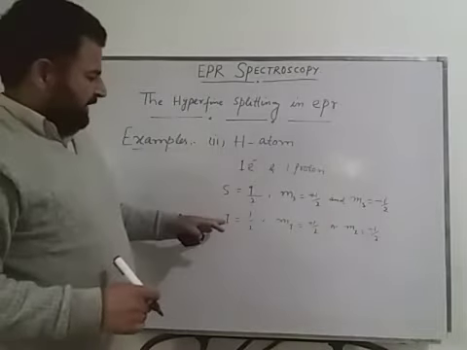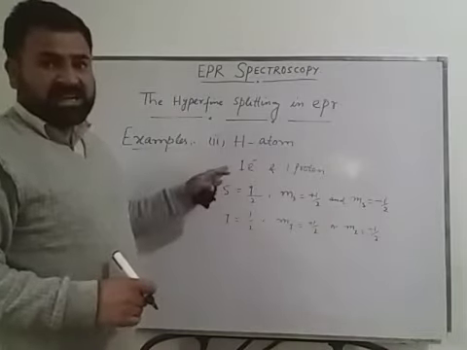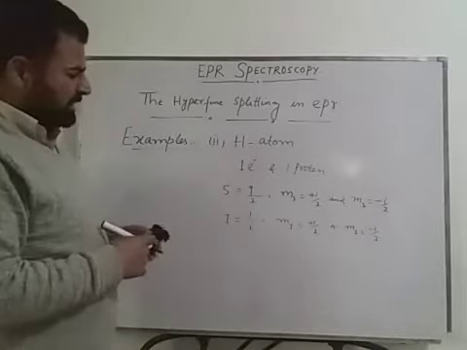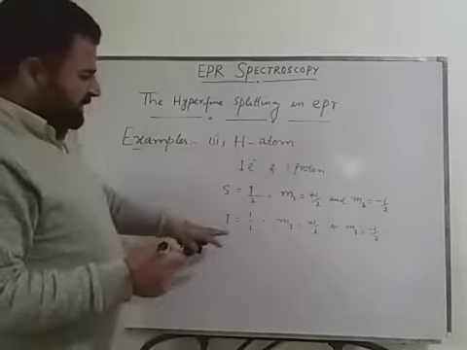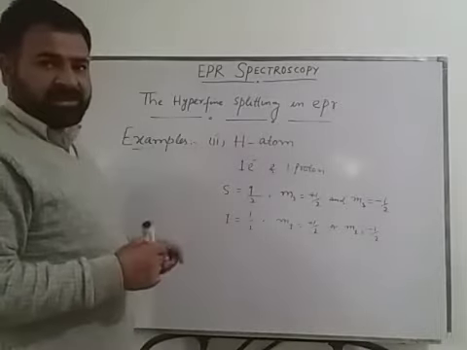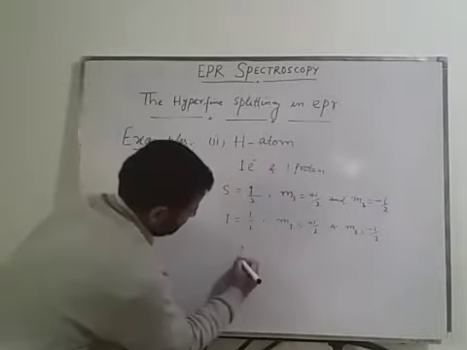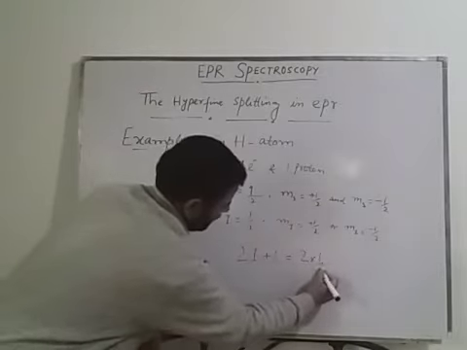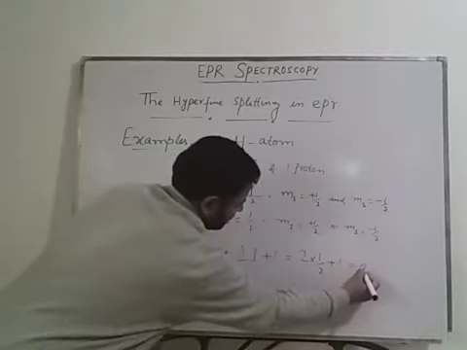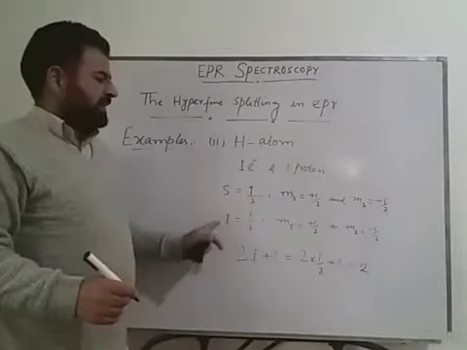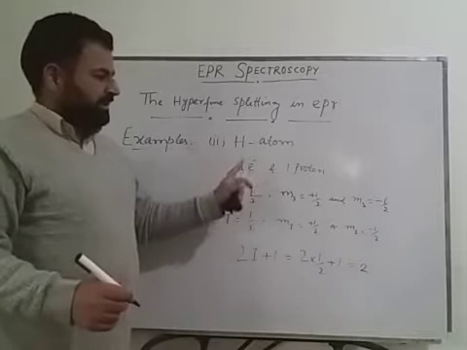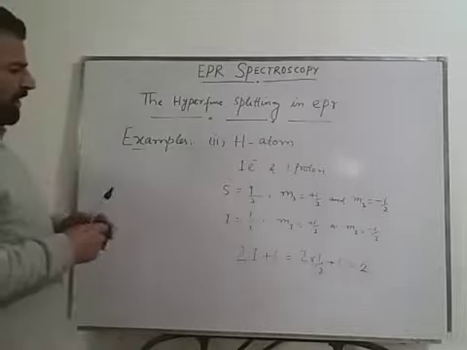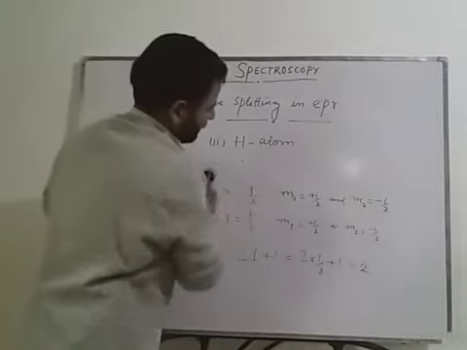So it has both things, the nuclear spin and the electronic spin. Then there is every possibility that there will be interaction between the two spins. So the number of orientations of the nuclear spin with respect to the electronic spin will be given by 2I plus 1, which is 2 into 1 by 2 plus 1, equal to 2. So every nuclear spin will have two orientations with respect to each electronic spin. Fine. So how will we now show this kind of EPR spectra?